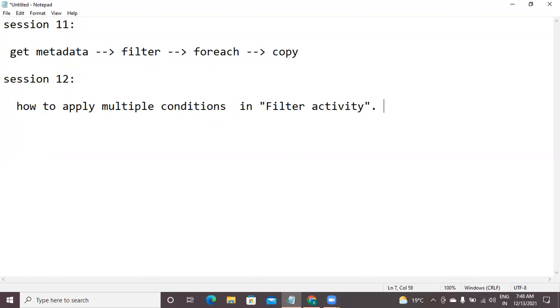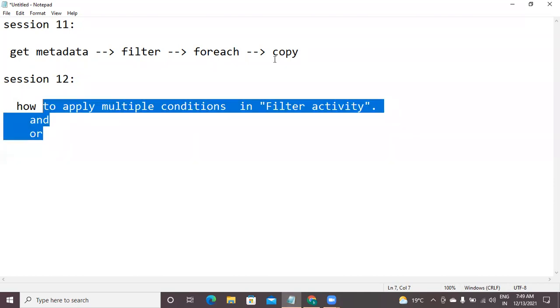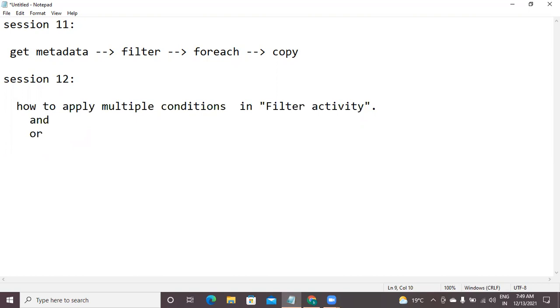Whenever you want to apply multiple conditions, you have to apply logical operators. We have AND and we have OR, but the regular programming style of AND and OR is different. Here, in a different style, we are going to apply the same AND and OR. By using this, you can apply multiple conditions within the filter activity. So this part we will see first.